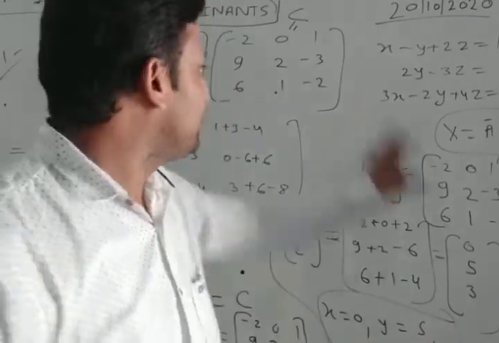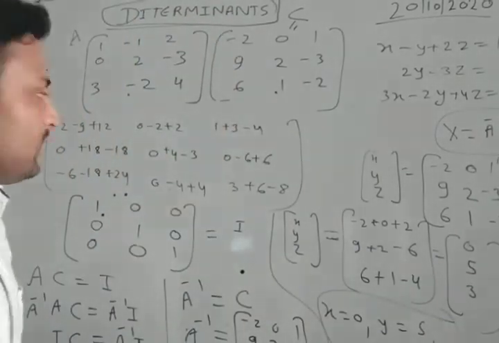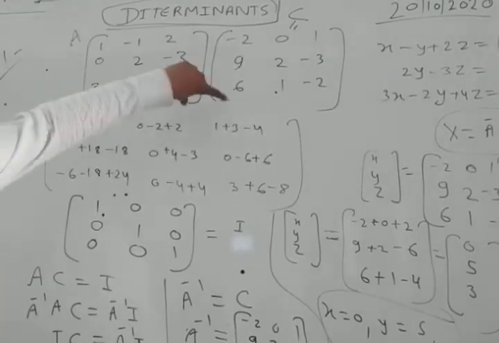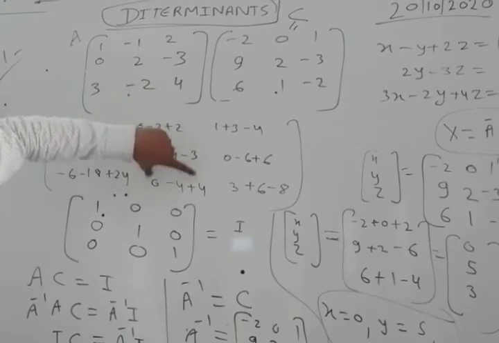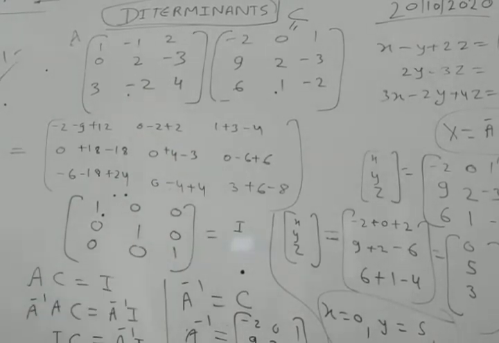Now our first priority is to find the value of A inverse. And we are given the product of the matrices. So what we have done, we have taken A into C and multiplied this. After multiplication, we see that we are getting 1, 0, 0, 0, 1, 0, 0, 0, 1, which is our identity matrix. So we have written AC is equal to I.